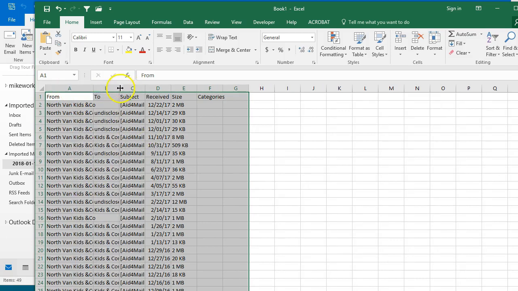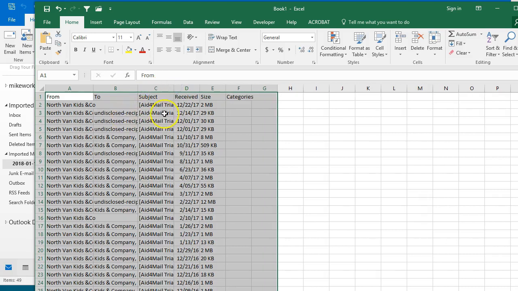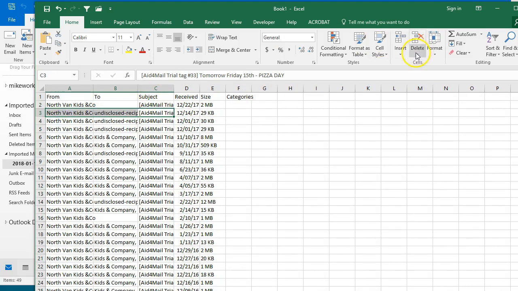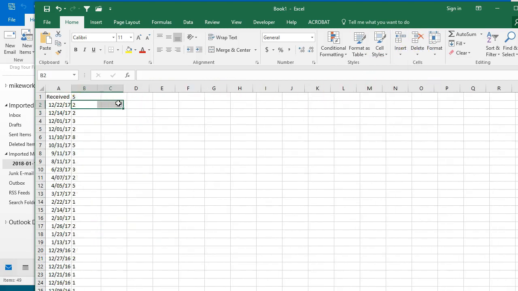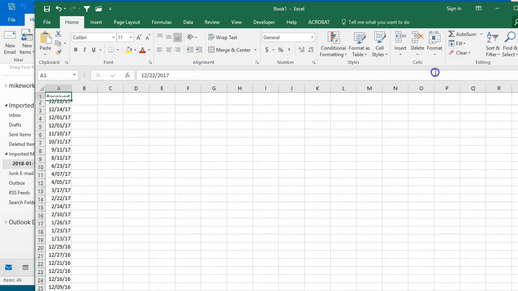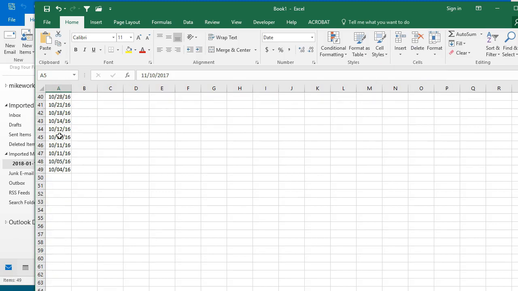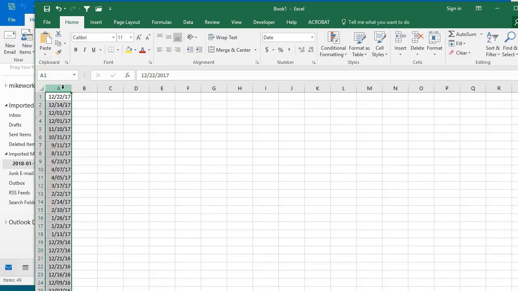In this case, the information we're interested in is the dates, so I'm actually going to go ahead and delete all of the columns except for the ones that contain the date information, and I'm going to delete this row as well because the row is not needed. So these are the dates on which emails were sent, and each row corresponds to a single email. So I'll make a duplicate of this data set over here,